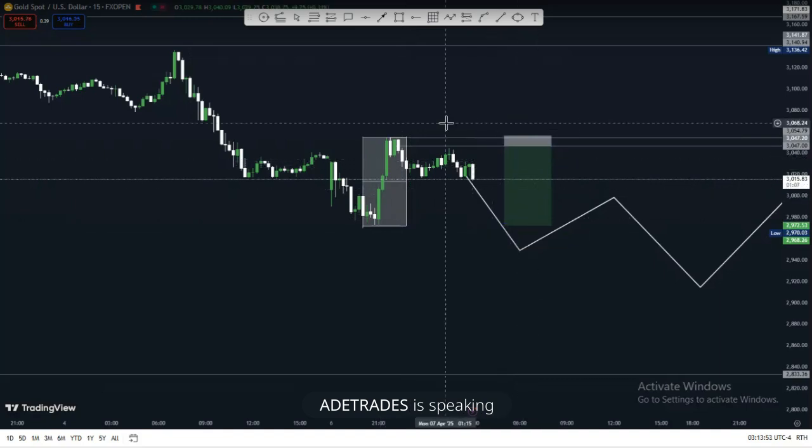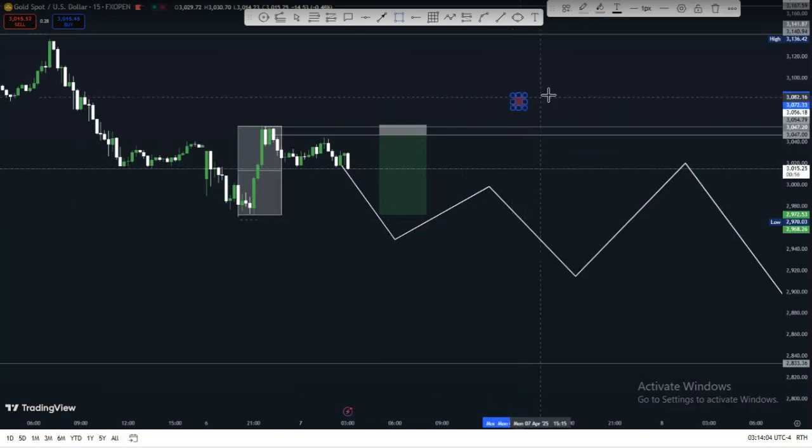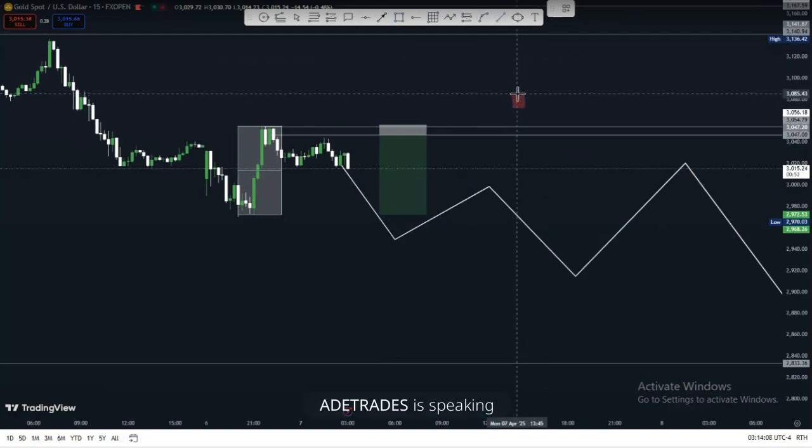So we're not going to be entering this trade other than having our confirmation, which is this candle. It is our confirmation candle. There are more candles, but I'm going to show you this one for today. I dropped a video on confirmation. You can go and watch it.